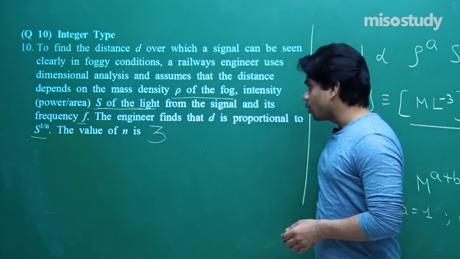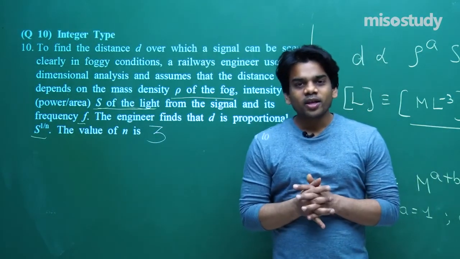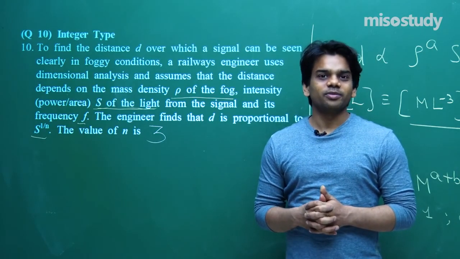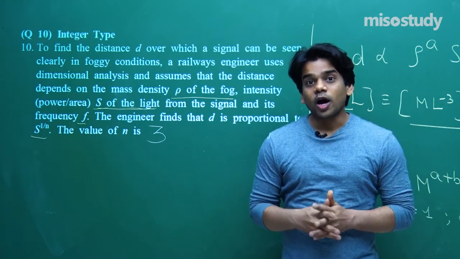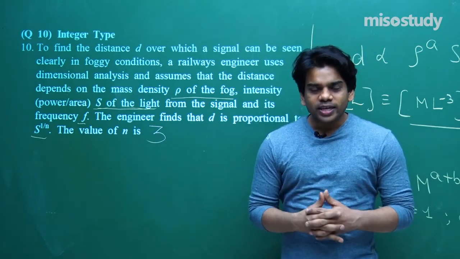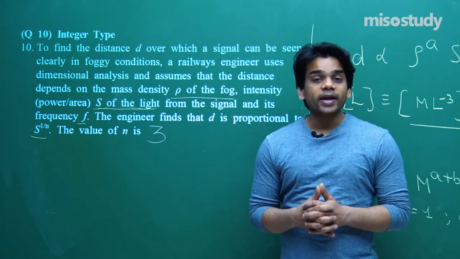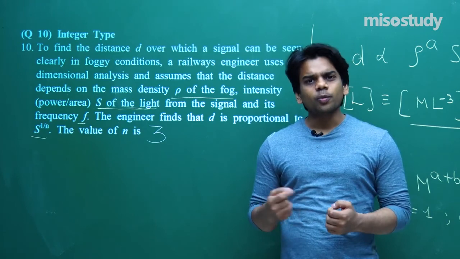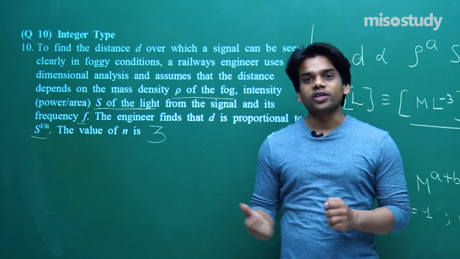Hope that you've understood how to solve the integer type question. These are all the first 10 questions that we have in this JEE Advanced Pattern exercise for this unit and measurement. I hope that you have understood how to apply the concept that we have learned. I wish that you all practice more in this chapter. That's what's required. When you practice more, your efficiency and speed increase, and you understand how to apply the concepts in any given question.